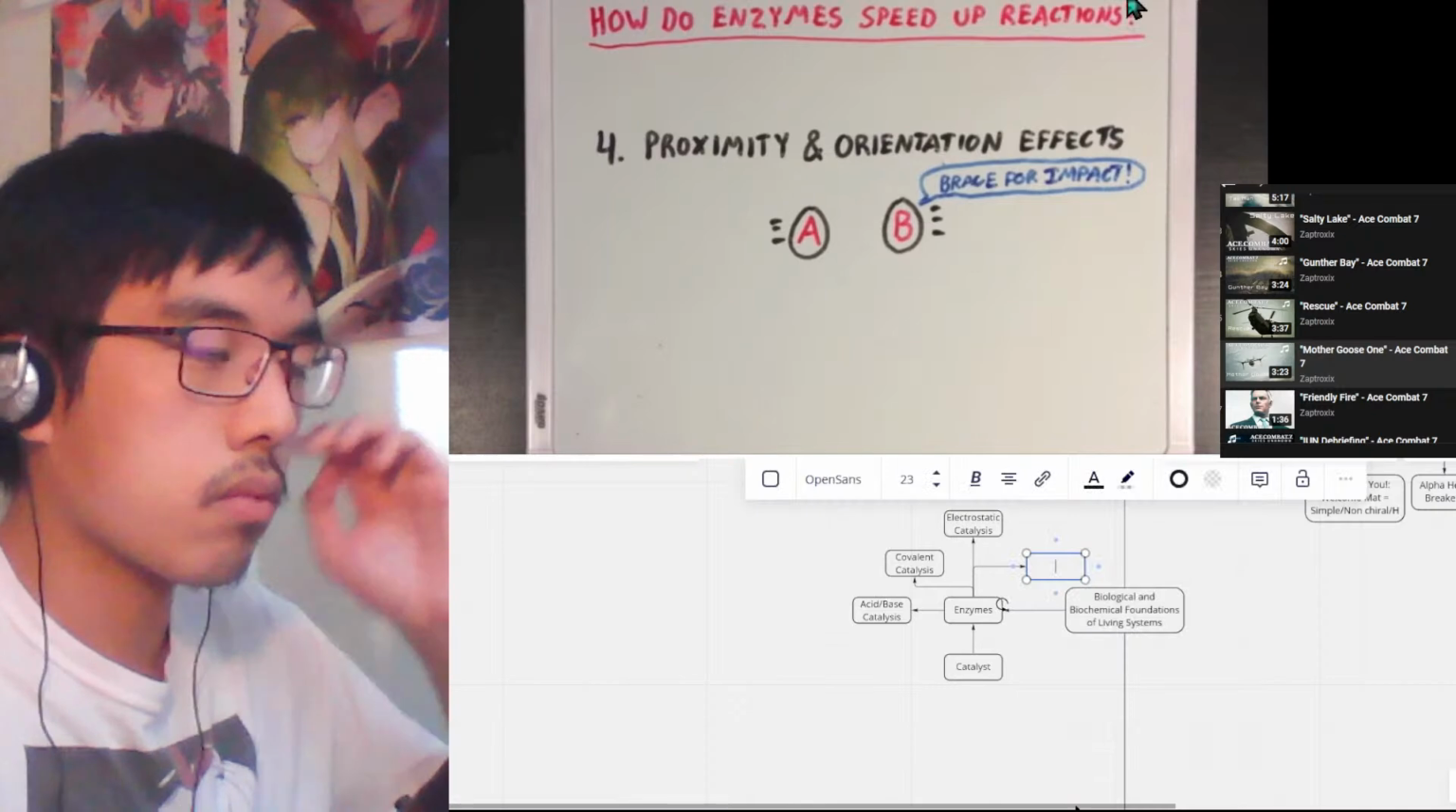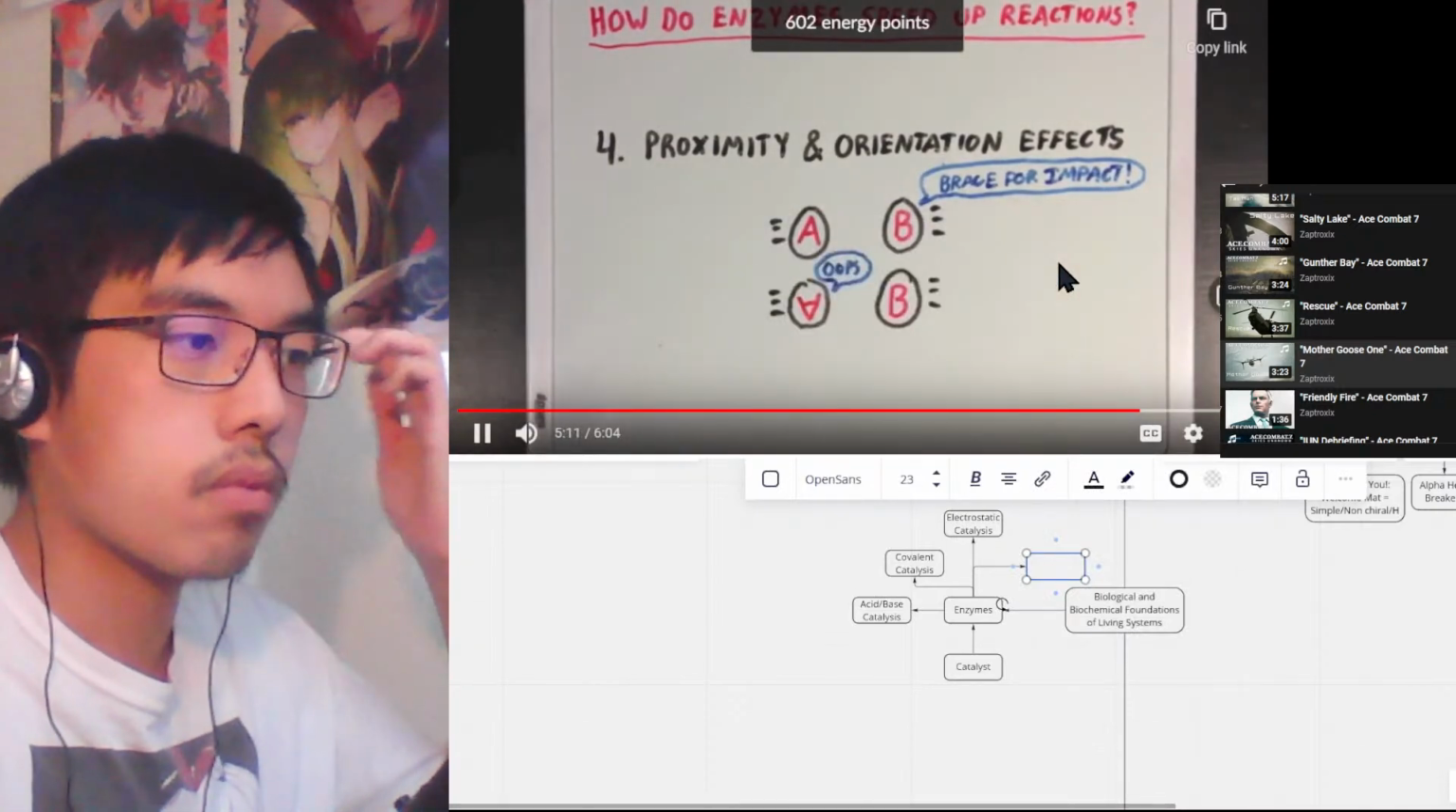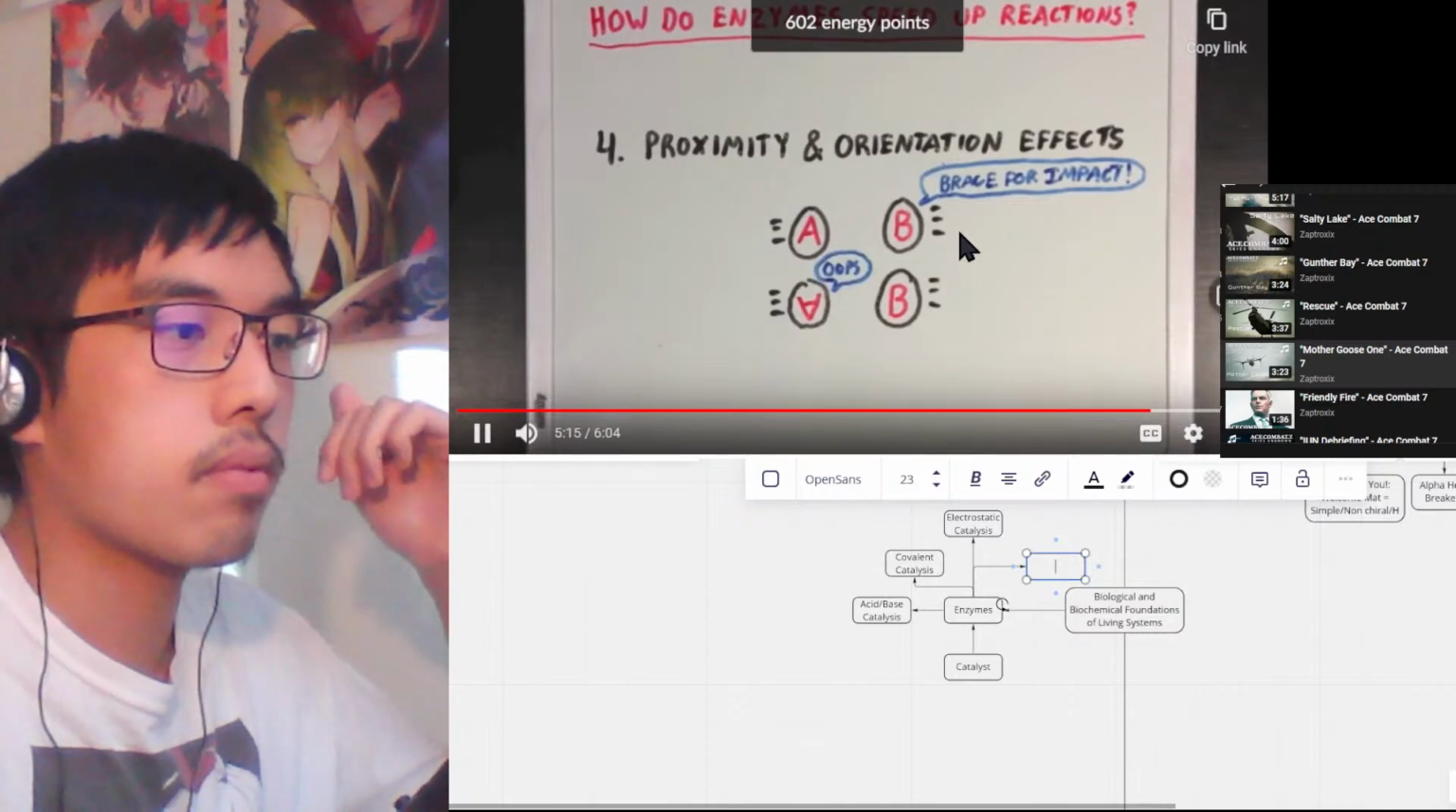Also remember that the orientation of the two colliding molecules in space is also really important. If molecule A and molecule B collide, but one of them is upside down or not in the correct position, then the collision may not result in a successful reaction. So enzymes also make sure that